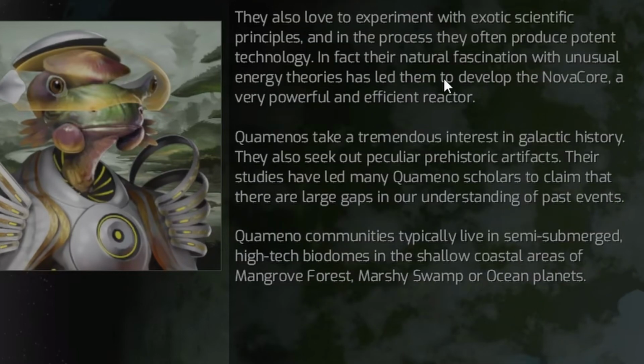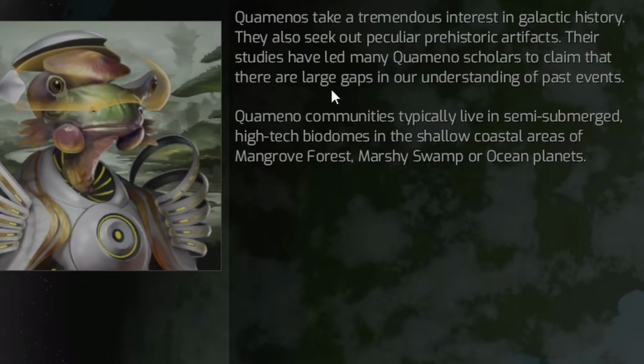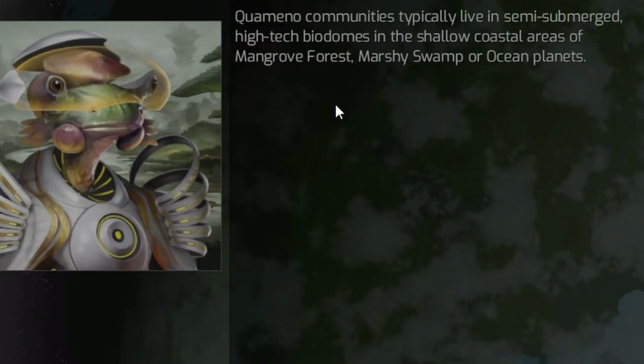They also love to experiment with exotic scientific principles, and in the process, they often produce potent technology. In fact, their natural fascination with unusual energy theories has led them to develop the Nova Core, a very powerful and efficient reactor. Quamenos take a tremendous interest in galactic history. They also seek out peculiar prehistoric artifacts. Their studies have led many Quameno scholars to claim that there are large gaps in our understanding of past events. Quameno communities typically live in semi-submerged, high-tech biodomes in the shallow coastal areas of mangrove forests, marshy swamps, or ocean